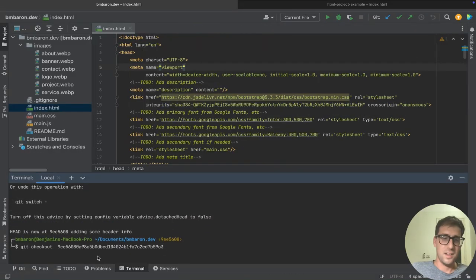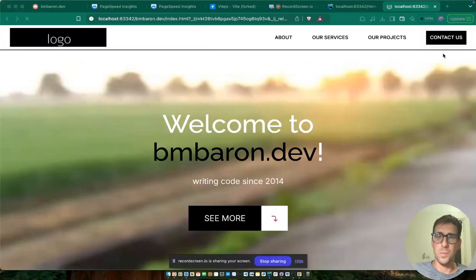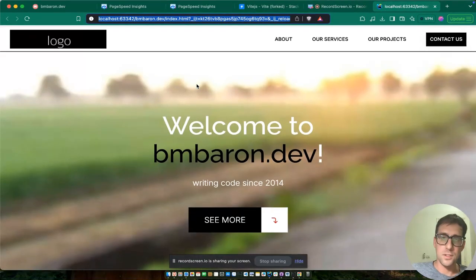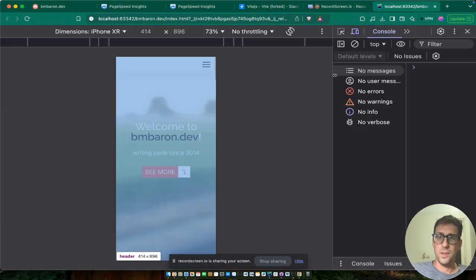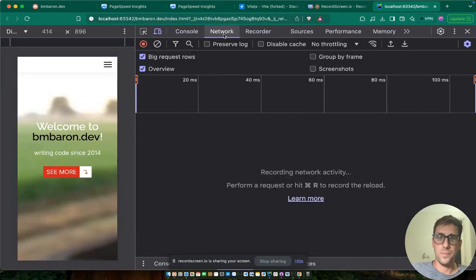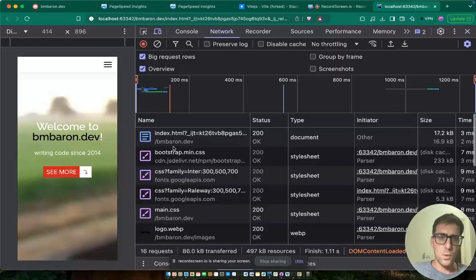Okay. So now that I've checked out the older version, if we open it up, this is my local instance running here. And I just want to check when I inspect. I want to look at the network. So when I load this up, there's a waterfall where the content's getting loaded. It seems like it happens within about 200 milliseconds. And if we look at what's loaded here,